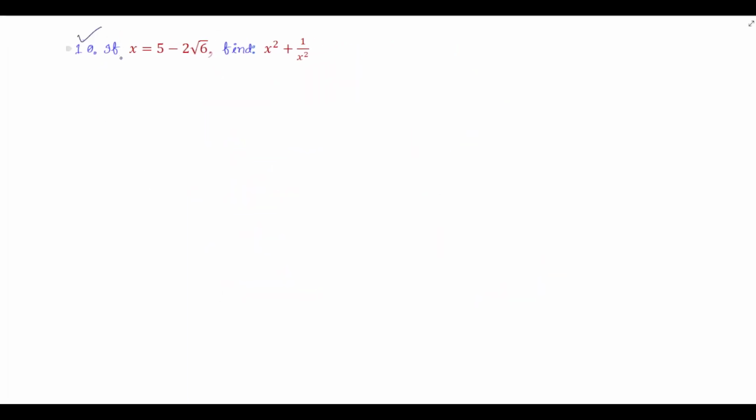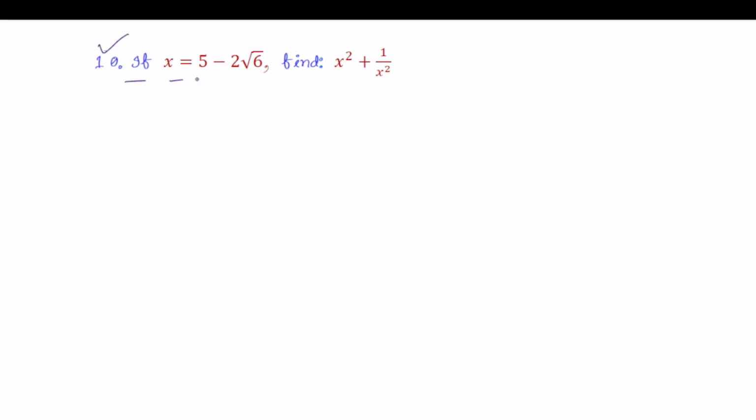Now question number 10. If x is equal to 5 minus 2 root 6, find x square plus 1 upon x square. So let us first find the value of x square, and that is equal to (5 minus 2 root 6) whole square. So a minus b whole square, that is equal to 5 square plus, that is equal to 25 plus